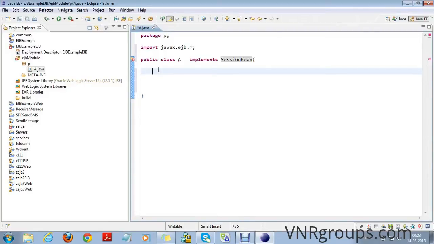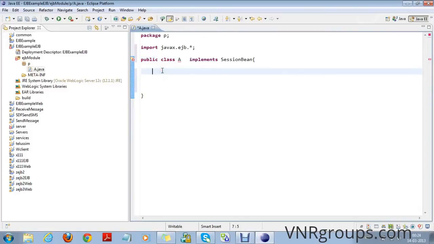And third is session bean. Session bean is used to provide any service to the client. So to create a session bean, we have to implement session bean interface.